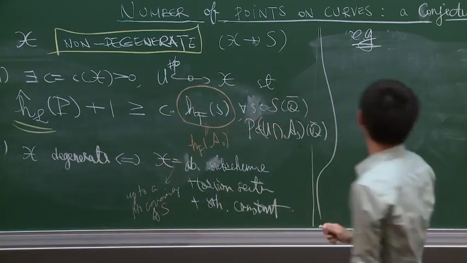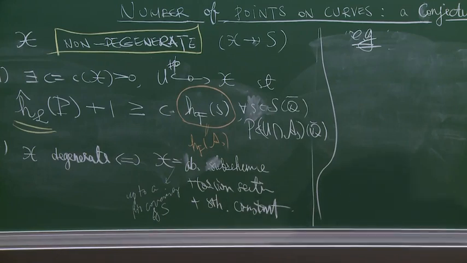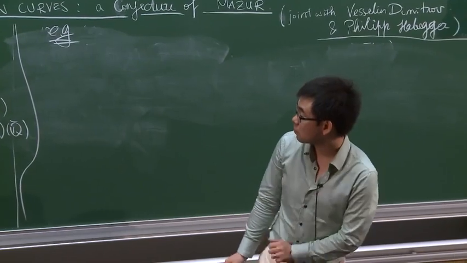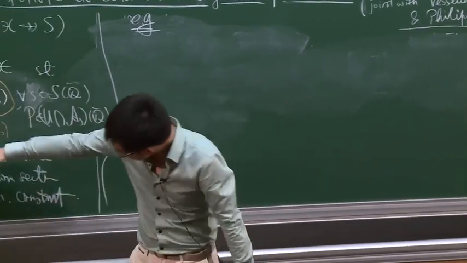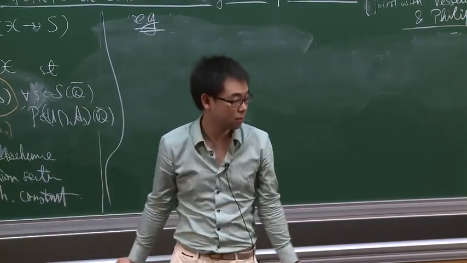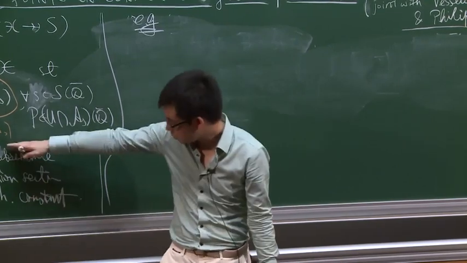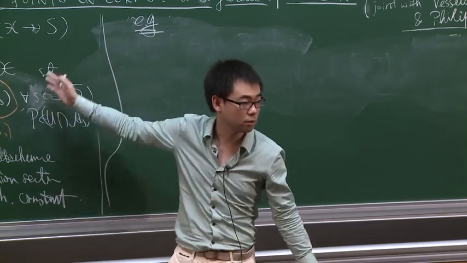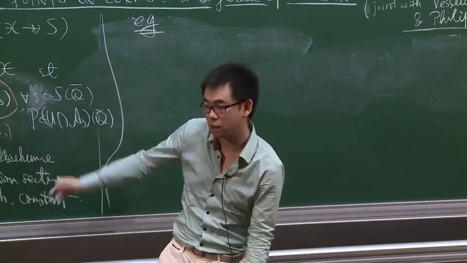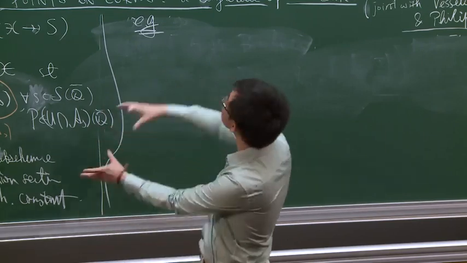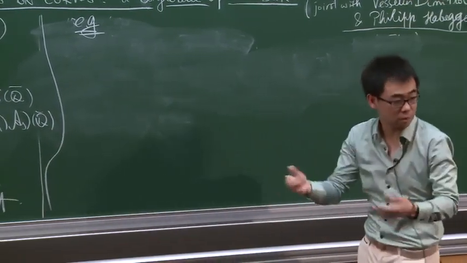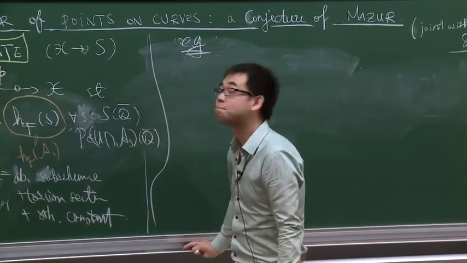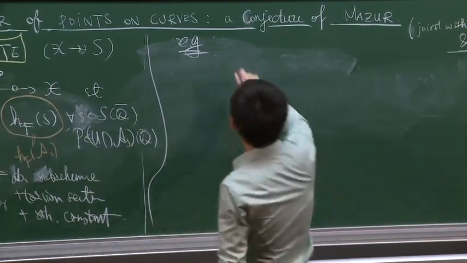What happens if A to S is just a product? It would seem that the two heights are independent. Then if X is not constant, then they are not independent. This height inequality holds if and only if this X is not a constant thing. So this result a priori also applies to constant abelian schemes. Yes, it does.